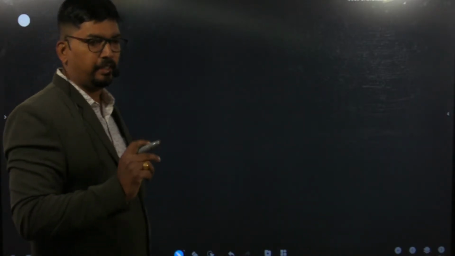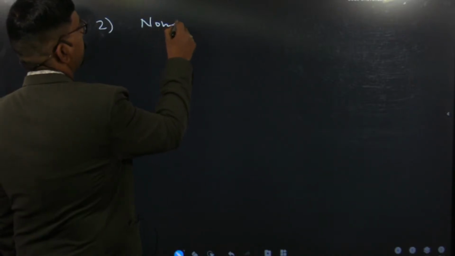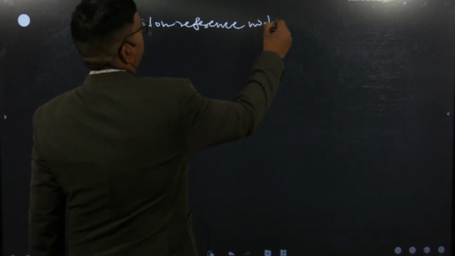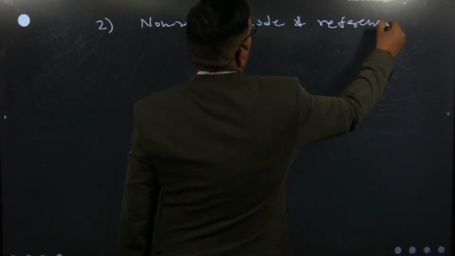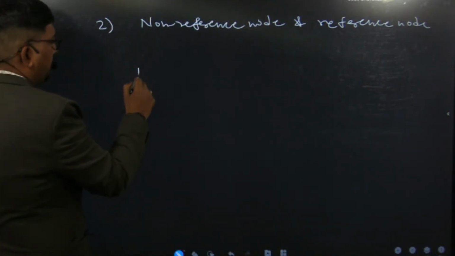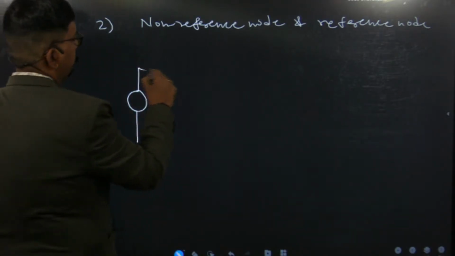Now, case number 2, when a voltage source is connected between a non-reference node and the reference node. Now suppose we have considered a circuit. It consists of two independent voltage sources